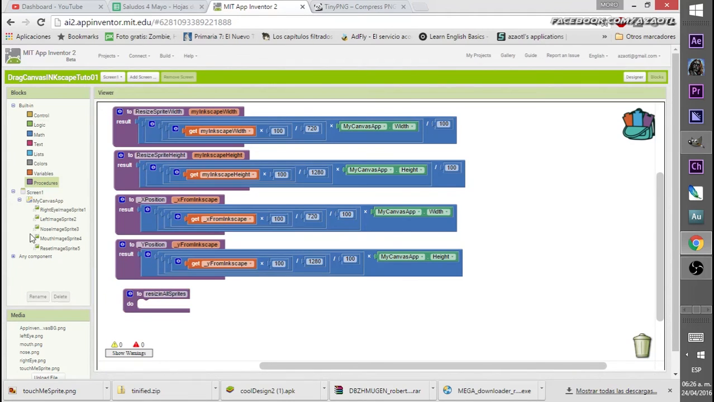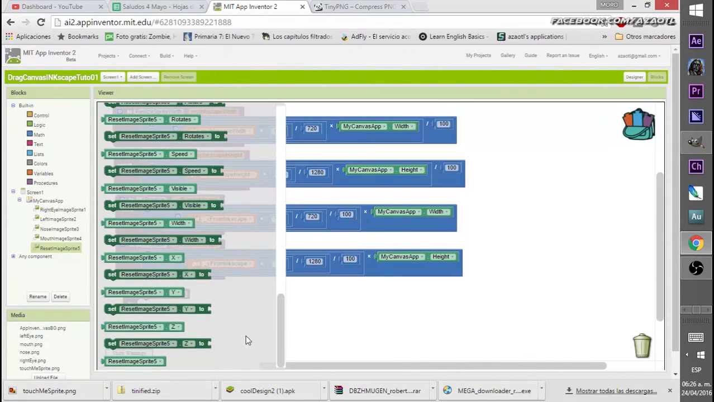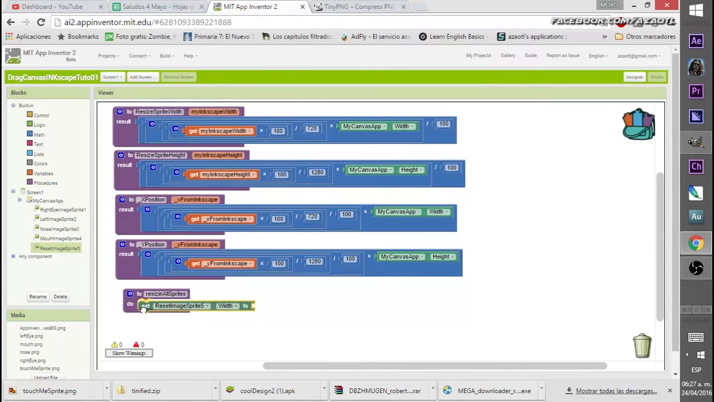Okay, so first let's select this one. That is the one that we're working in. That is the reset. So we go here for properties, and first we are going to resize it. Okay, so I wanted to make it like that. Reset image